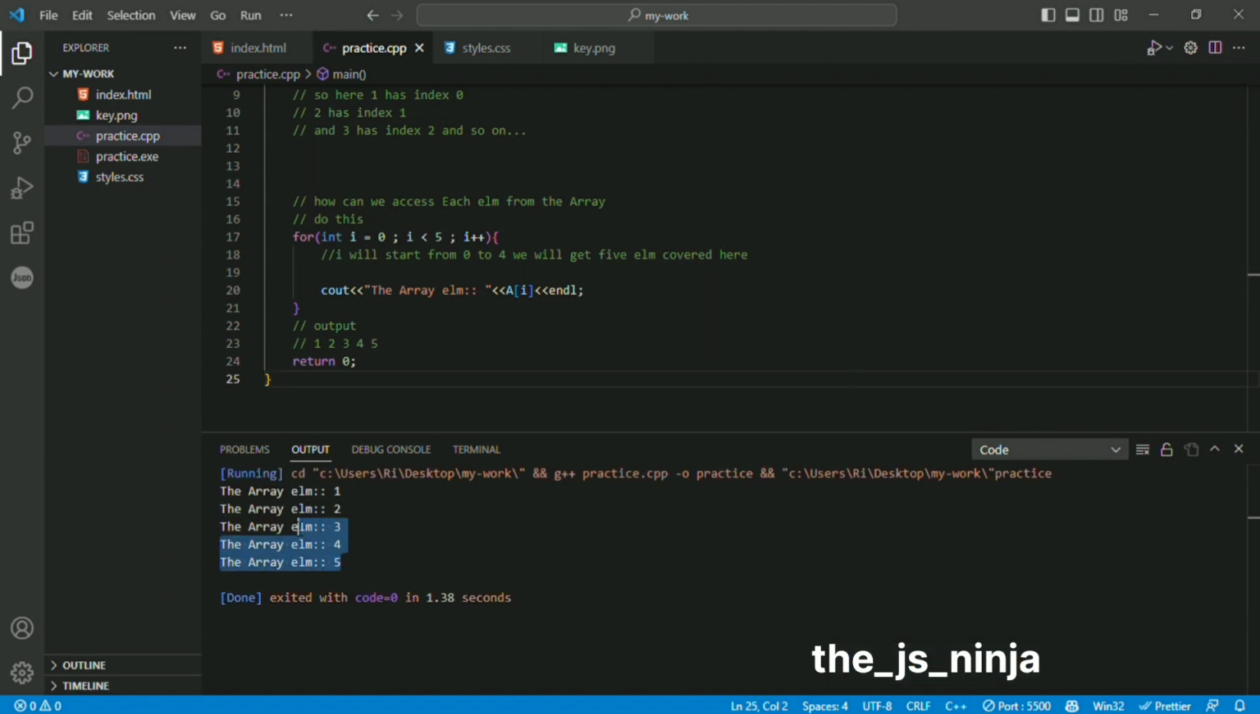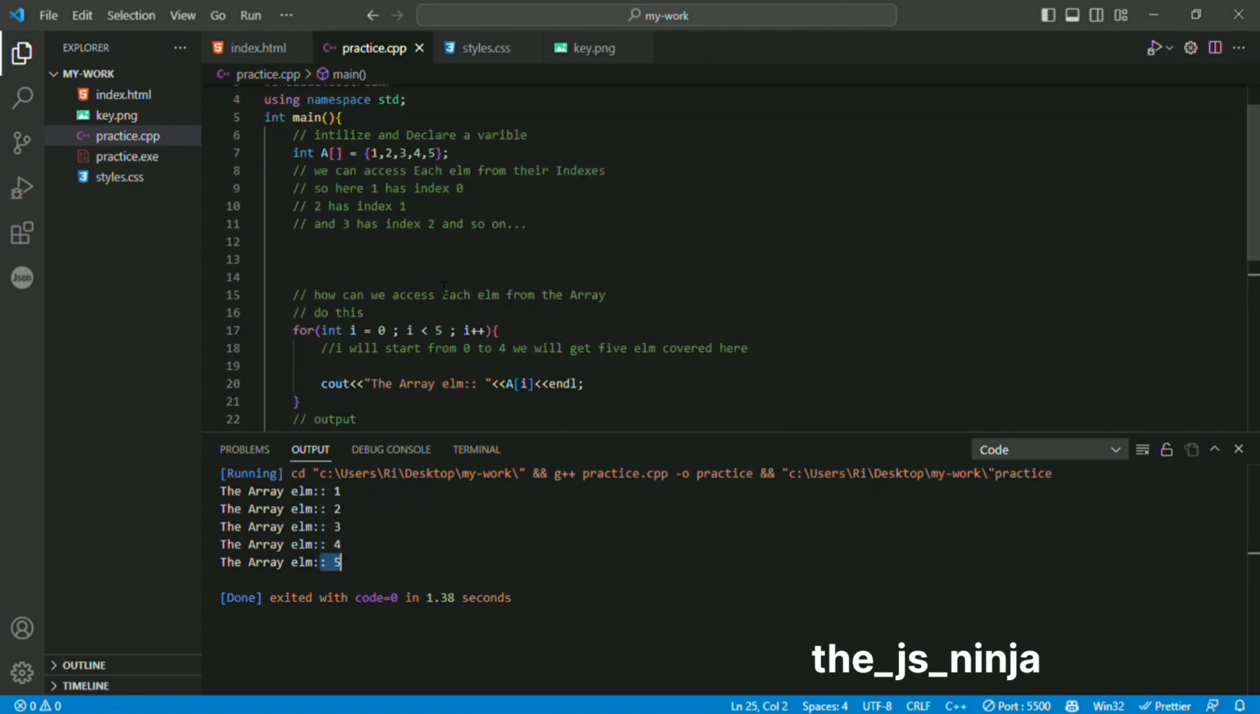Yeah, it is giving the correct answer because we are getting elements from 1 onward until 5. Second element 2, third, fourth, and fifth. So this program is working correctly, and we have now learned how to initialize